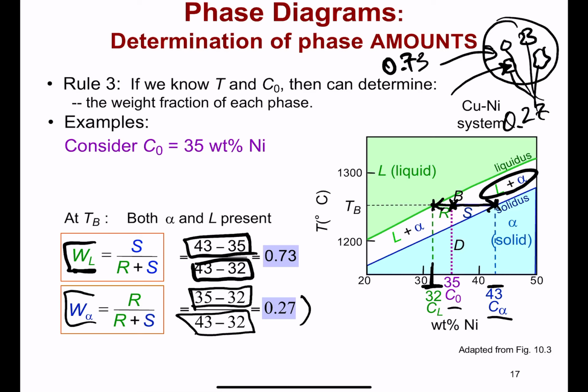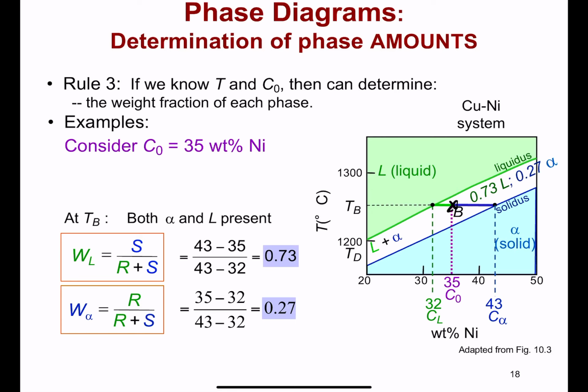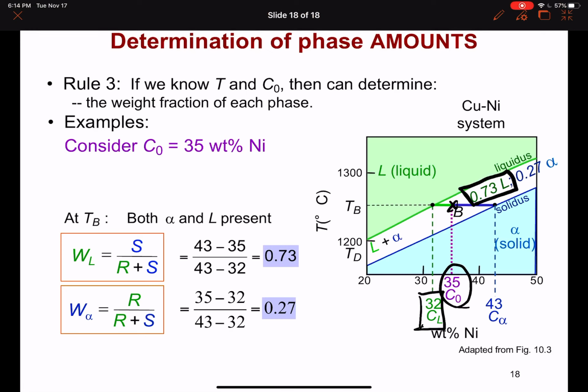So if we put that all in the same slide, I think we have that here. For point B, we know that the liquid is 73% of the specimen at point B. The liquid has a lower nickel content than the average, and that is at 32 weight percent nickel. The alpha solid particles that exist at point B are 27% of the whole sample by weight, and they are higher in nickel content, and they are 43 weight percent nickel. All right, hopefully you appreciate the use of phase diagrams and the tie lines to help quantify material